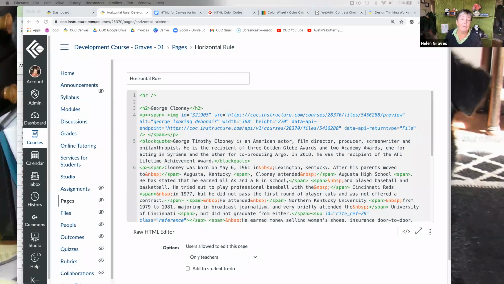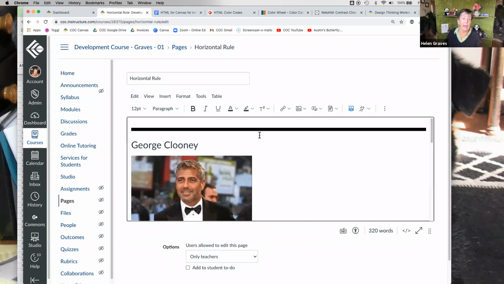So to make this one fancier, I'm going to add what's called a style parameter. And I'll put it in chat for you. And what I'm going to do, I have to make sure my HR identifier is separated by a space. So I'm going to leave that space after it. I'm going to paste my style parameter, which tells me, in this case, it calls it a border. It doesn't use the word line, but it uses border, 5 pixels in width, and the color is a solid black. And you can now see it looks like that. Instead of that thin little gray line, I now have a big fat black line.